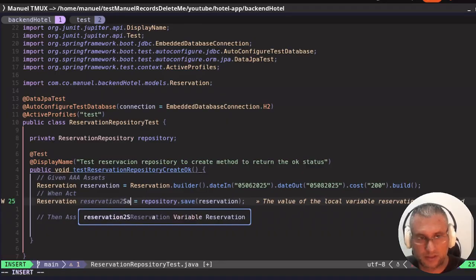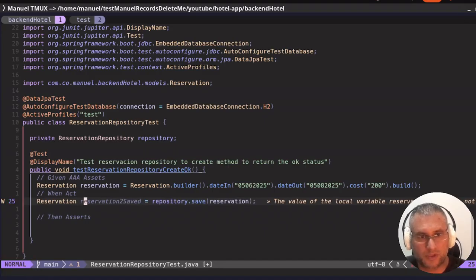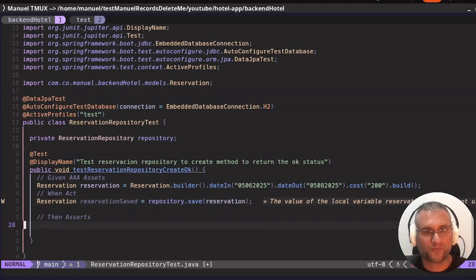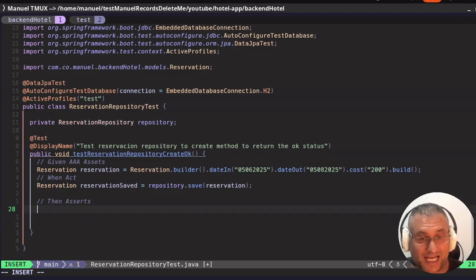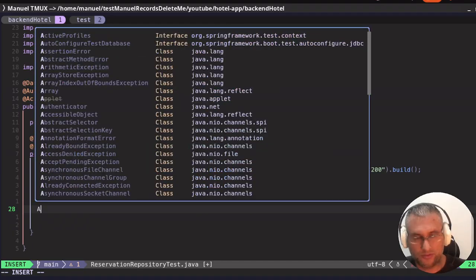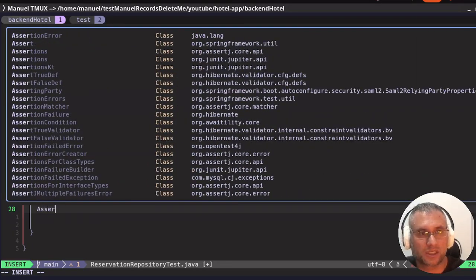Okay, save it. Okay, let's delete the 2. Okay, now in the assert section, I'm going to use the assertions